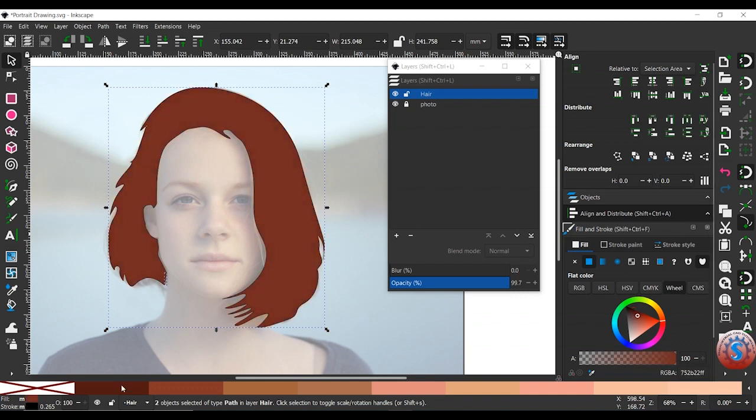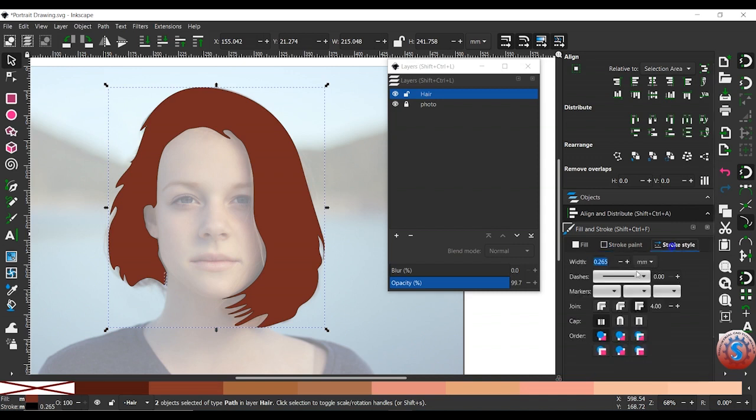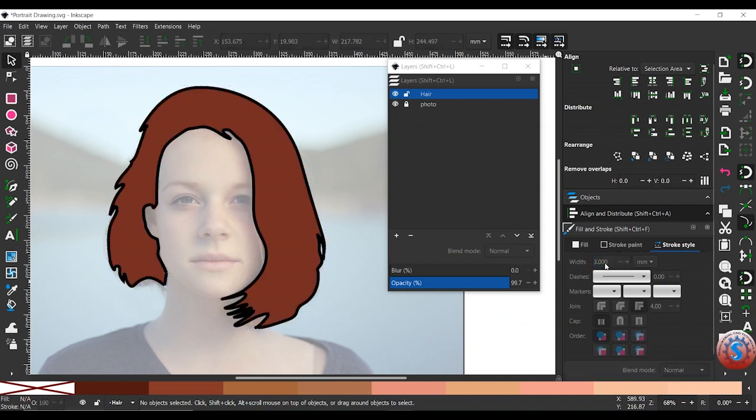You can observe you want to give the swatch, whichever color you want, give the swatch color, and go to the stroke paint. And the stroke paint means in the stroke style you want to give the line at the bottom. The width is very low, so it is not highlighted, so set the width to 3.0 and click on OK. Then you can observe the stroke clearly at 3.0. This is the line. This is called the stroke line.